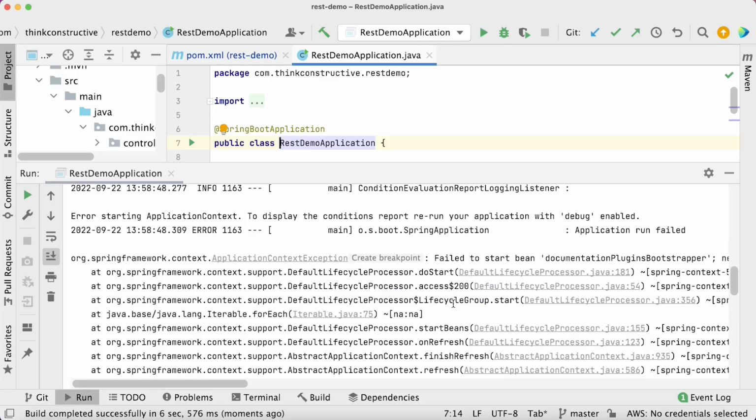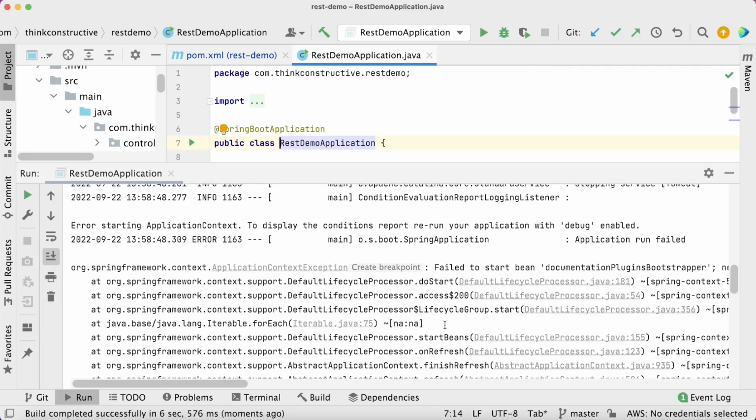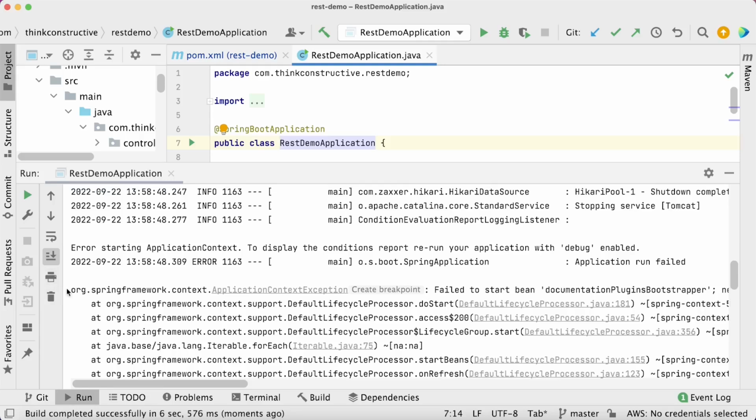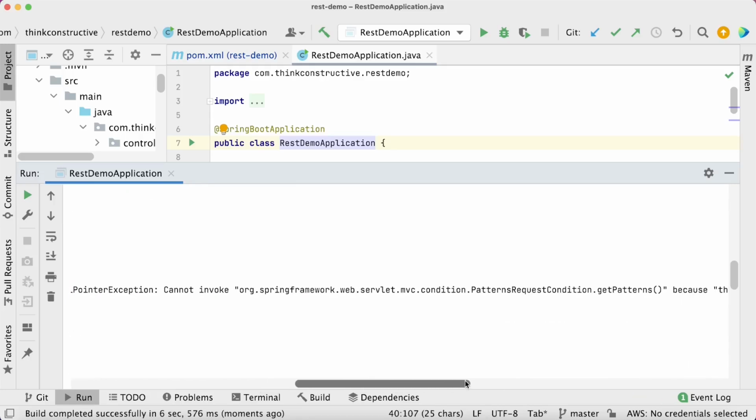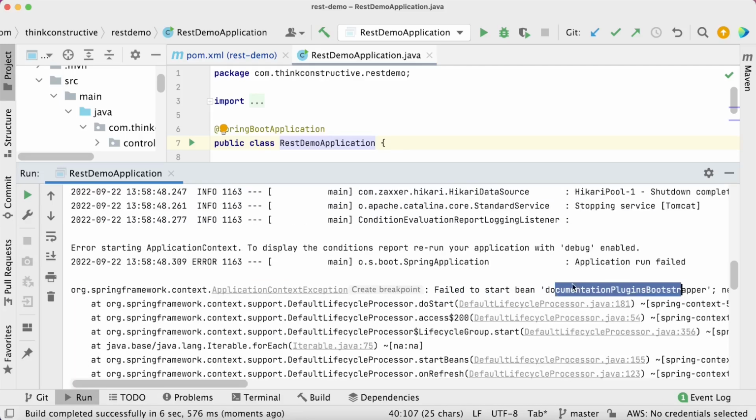What happened? My application couldn't come up and I ran into some issues. Okay. If you notice, what issue is it talking about? Failed to start bean documentationPluginsBootstrapper. Nested exception. All right. After looking at this, I can understand I have just now made some changes related to documentation and I am getting a similar kind of error. Okay. So I'll tell you the fix to sort out this error, which comes up very frequently in the latest Swagger versions.